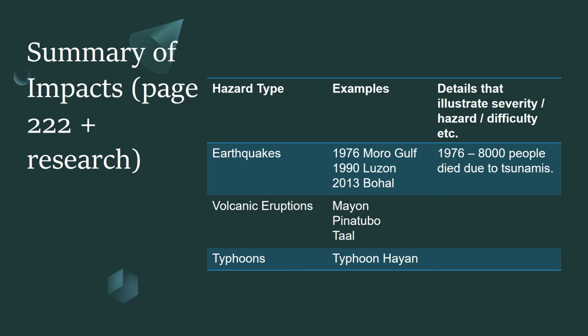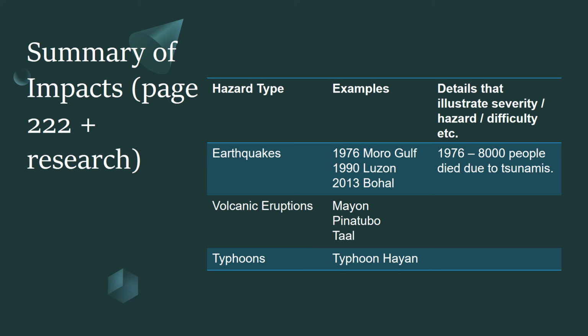How many people were injured? How many people had to flee their homes? Is there a cost of the damage? So just some of these, I would call them headline statistics, that are very effective in helping us show the severity.